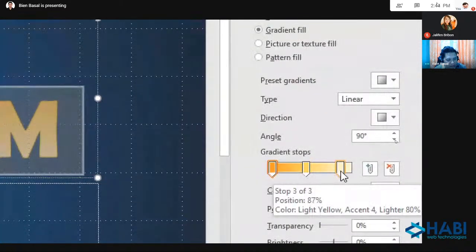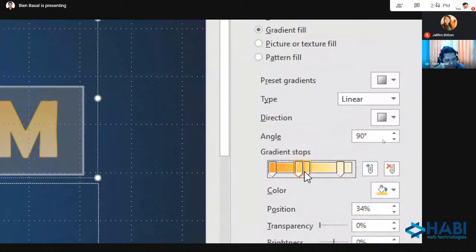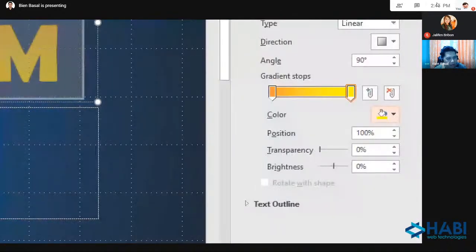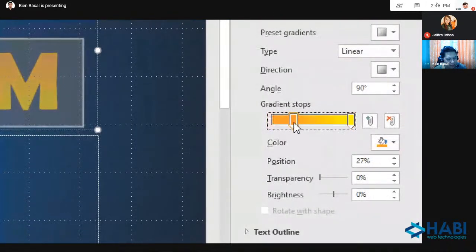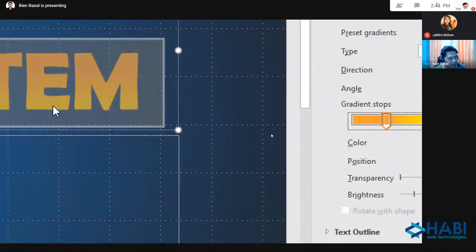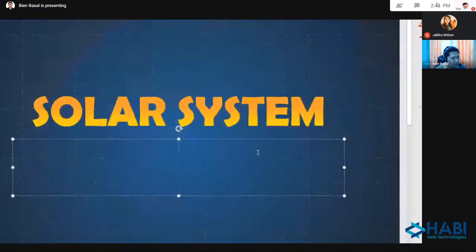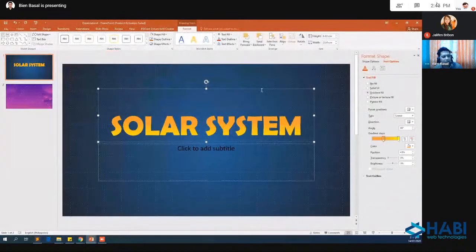I will remove this middle stop, and I will select the last one, and I will use bright yellow. And I can adjust the position. That's it. So I have now my solar system font.